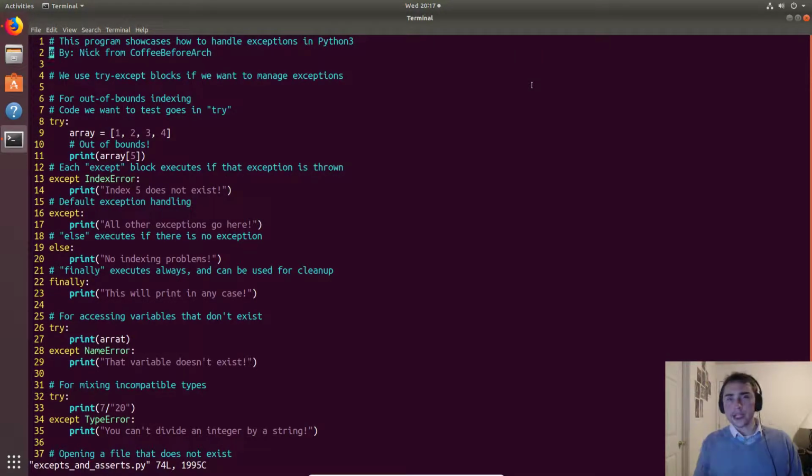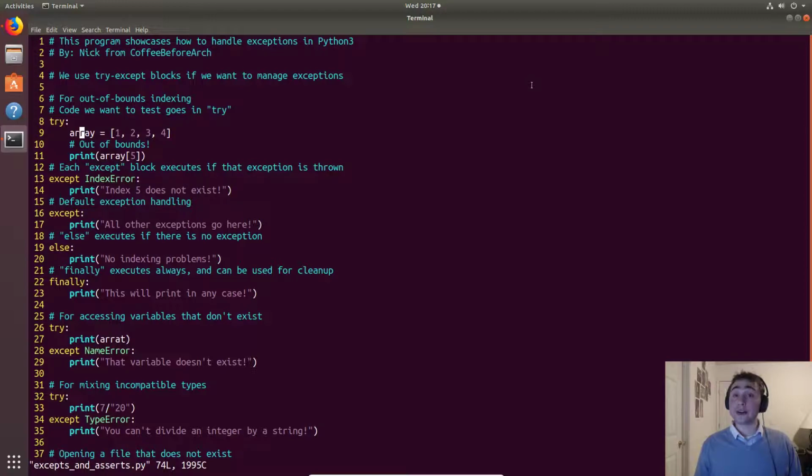What we really use are these things called try except blocks for testing out code and being able to recognize and catch these exceptions before they crash our program. When we do try, everything within this try block, tabbed over from this try colon, we're going to test. We're going to see if it does anything funny.